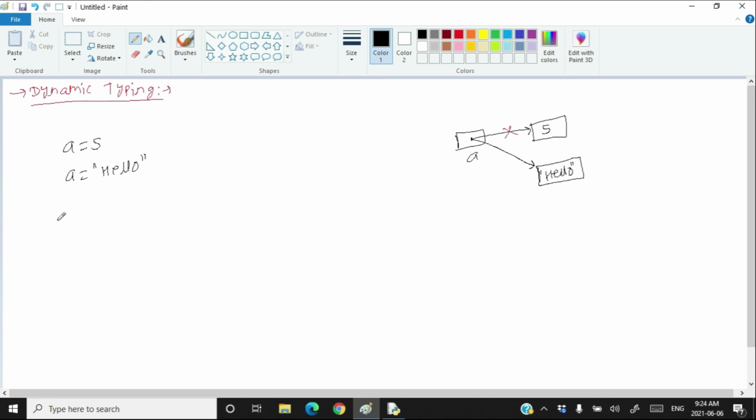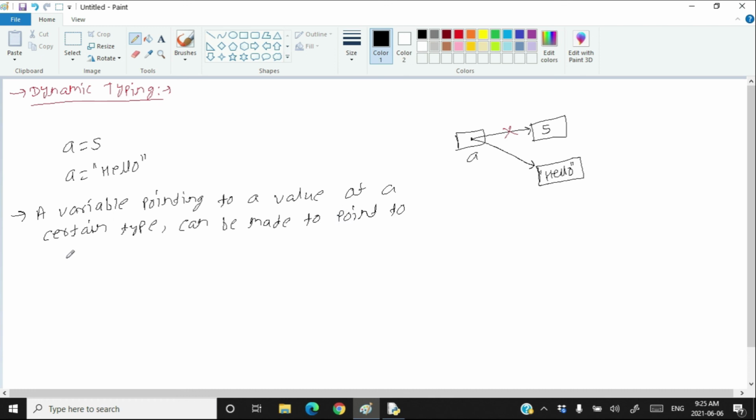A variable pointing to a value of a certain type can be made to point to a value or object of a different type. This is called dynamic typing.